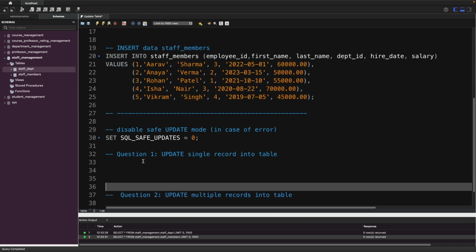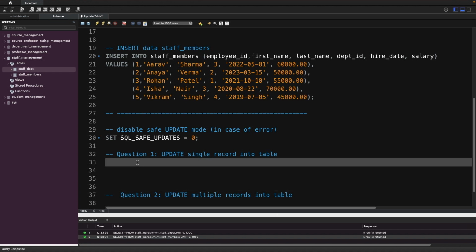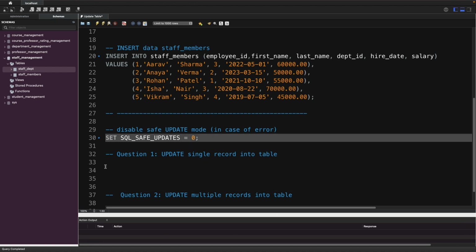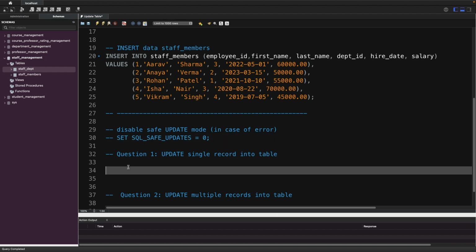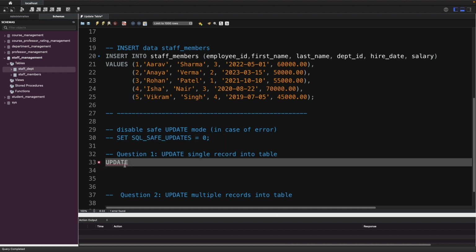Let me write down the first question. We are going to update our first record here, right? So forget about this statement for a while. I will say why to use this one. If you're updating a record, let's say staff member, and you're setting, let's say, hire date, and you're setting your hire date as 2011-11-11,